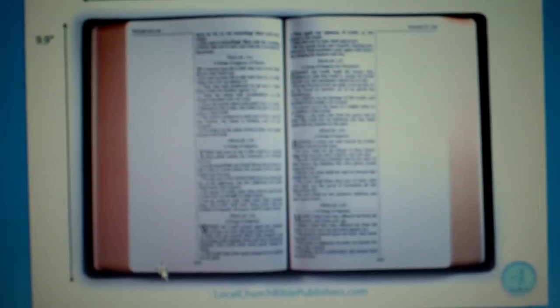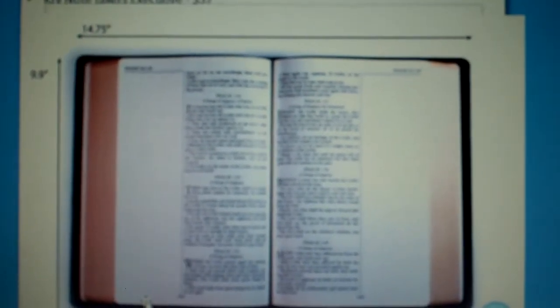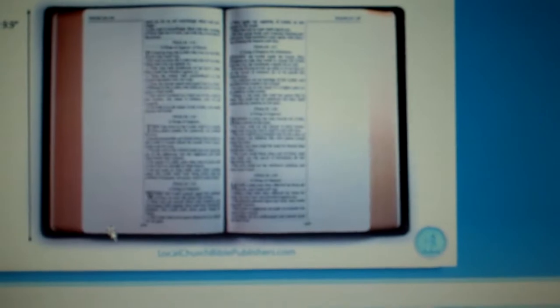Now, I like it because it is a copy of the Word of God, and it's a good one, but it's not the only copy of the Word of God, as some would make you believe. If you're not sure about that, just do a quick YouTube search for James White and listen to him explain Bible translations. But anyway,